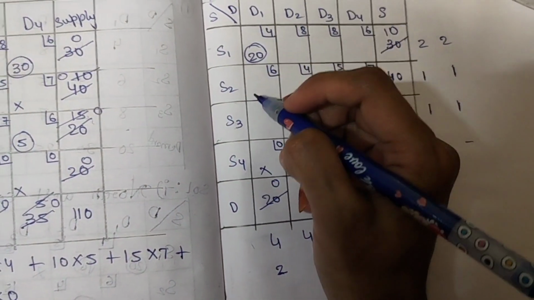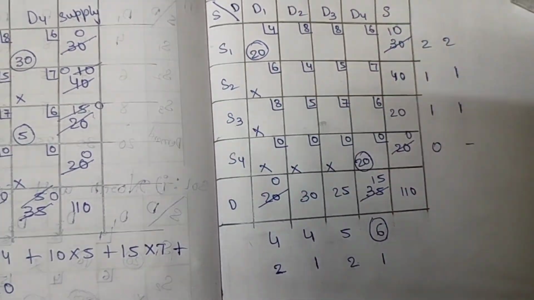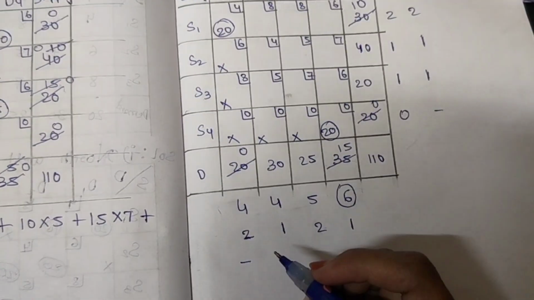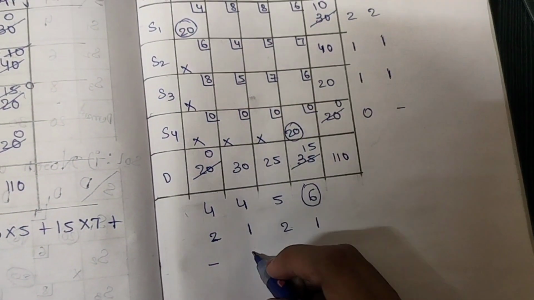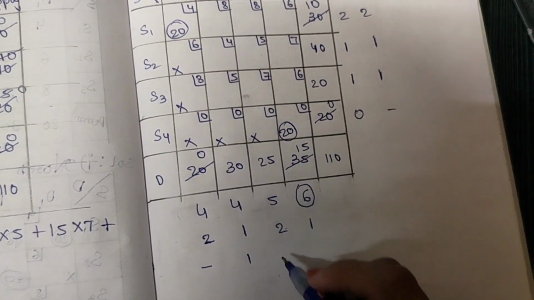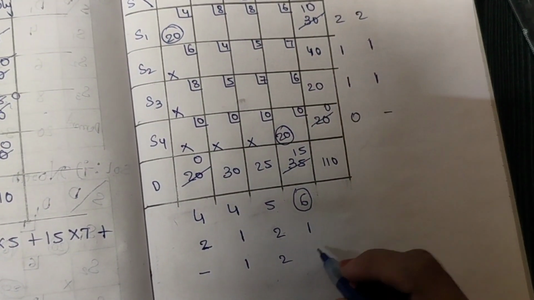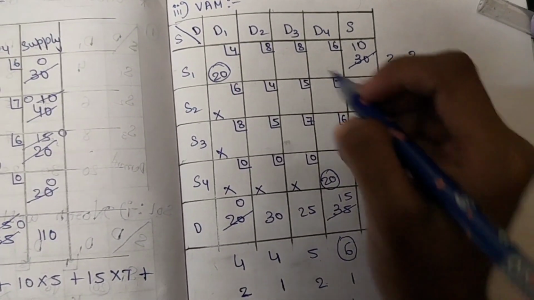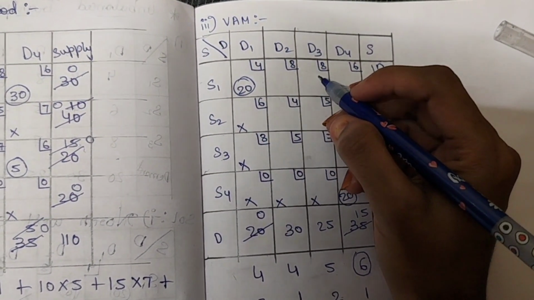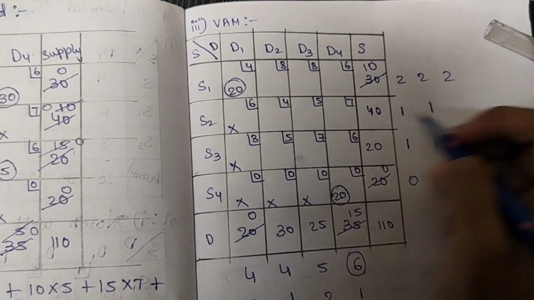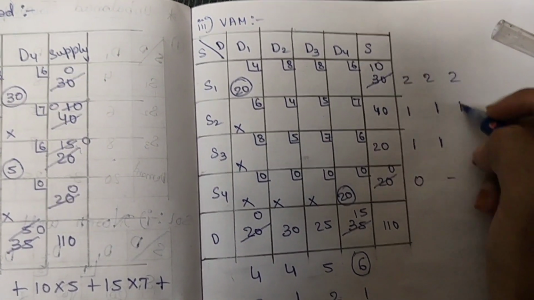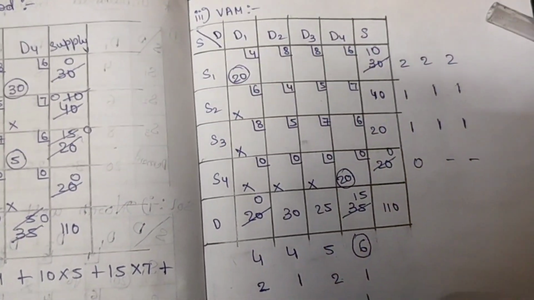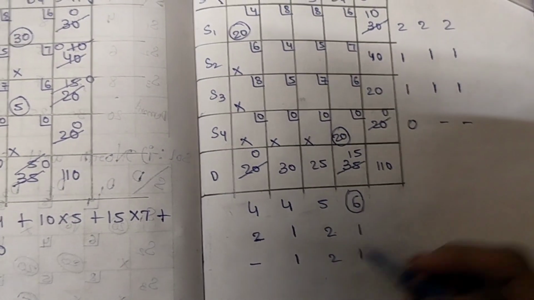As this column became 0, cross out the whole column. And we have to take all the penalties. As this column fully became 0, we will take nil. Again this column becomes the same, 1. This column again 2. This column again 1. This row now gets changed. Minimum is 6 and next 8, so 2. This 4 and 5, again 1. 5 and 6, again 1. This nil. So we got the tie, that is 2 and 2.